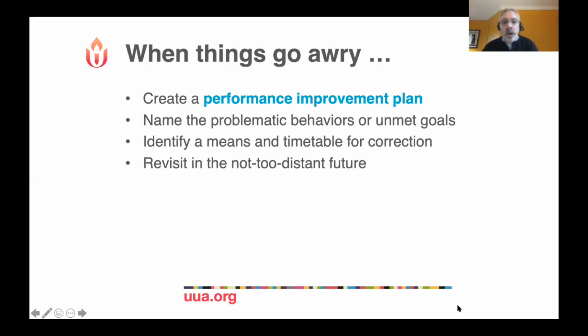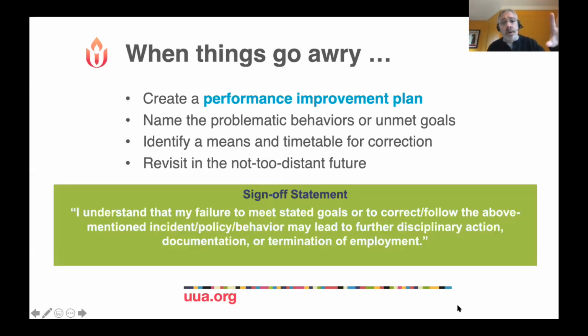You're going to want to create a performance improvement plan, which can be simply a memorandum that says, here are the problematic behaviors, here are the unmet goals, you need to address them in this way, here's how you're going to fix them and when you're going to fix them by. Short, simple, and very direct. You're going to meet with the employee and talk to them about this, and have the employee sign and date the document saying, I understand that I need to meet these goals or to correct